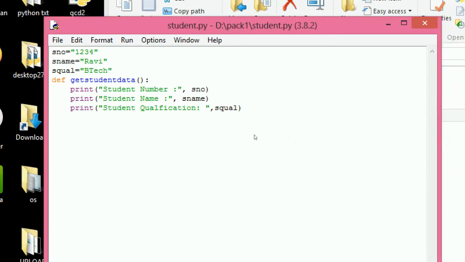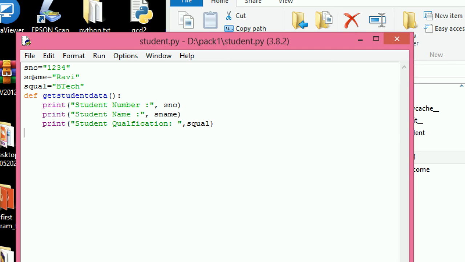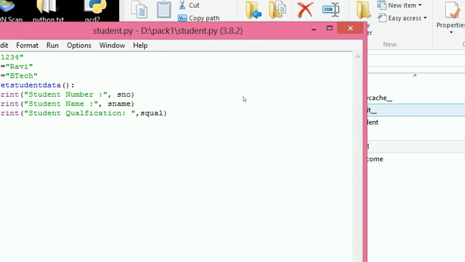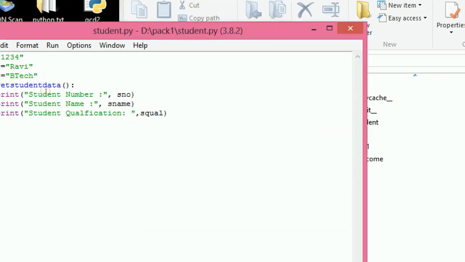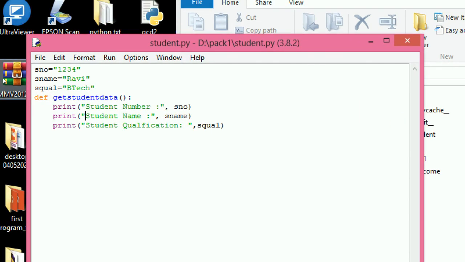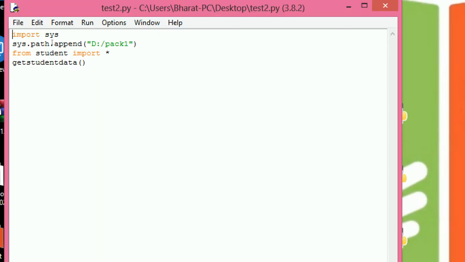I save this file student.py in the same folder. The folder name is pack1. Now I can access this student module from another location. So before importing the student module, I can import the location. So what is the location? d:/pack1. Now we can execute this.